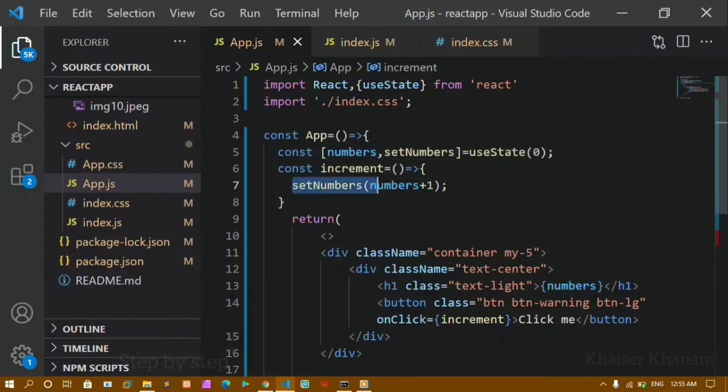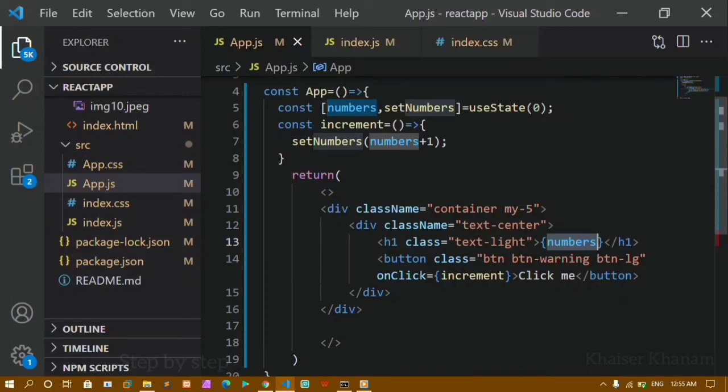Okay, here whenever I click on the button, I'm just updating the value, and this updated value will be stored inside this numbers, and this numbers I have passed here. So this data I'll be getting incremented. Each time I'll be getting plus 1. If I give here plus 2,